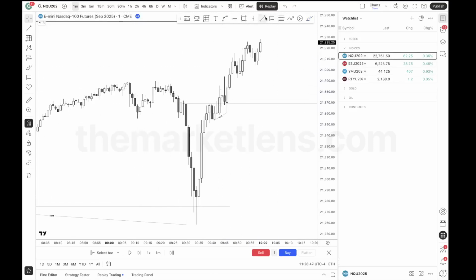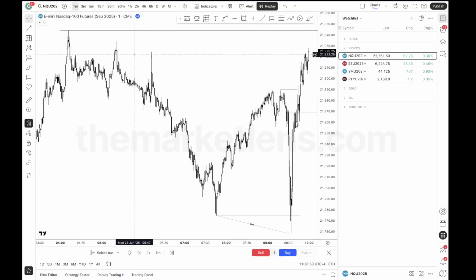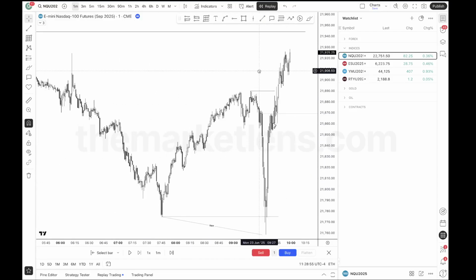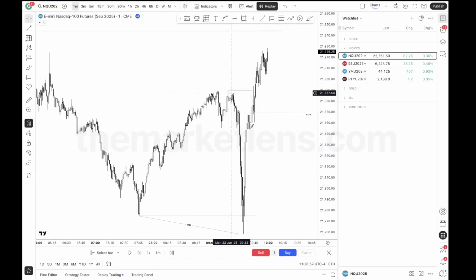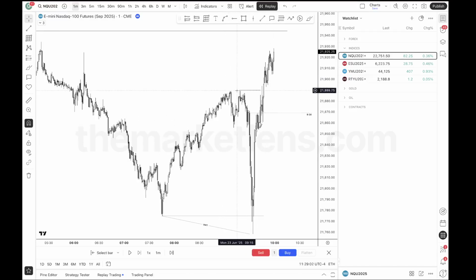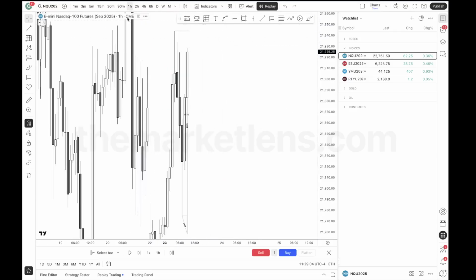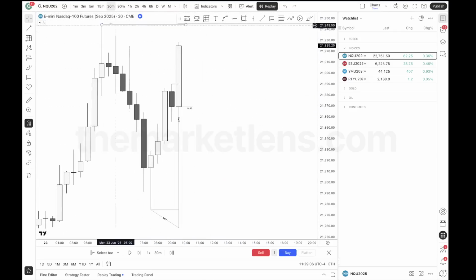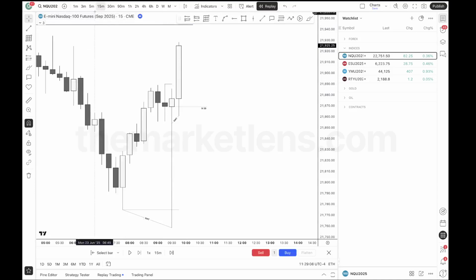We can also use some of AM's logic of a failure to manipulate. So if this is my overall drawn liquidity, which is here, on my way to the drawn liquidity we're going to run into roadblocks, like relevant highs. I don't know if I would view this as a relevant high necessarily, but it's definitely a pretty significant high. It's a 30-minute swing point, or 15-minute, whatever you call it. It's definitely a swing point, right?